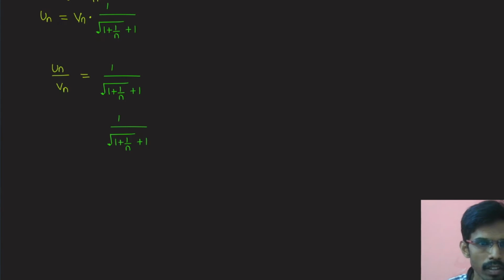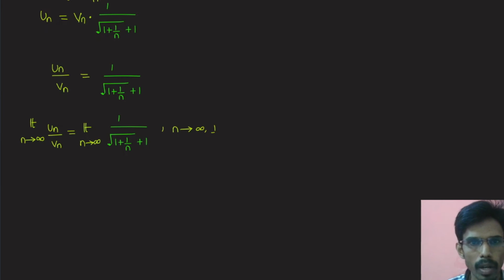Then we have limit n tends to infinity of un upon Vn, which is equal to limit n tends to infinity. Now we know n tends to infinity means 1 by n tends to 0. So here this will become 1 by root over 1 plus 1 by n, whose value is 0, plus 1. We have 1 by 1 plus 1, that is 1 by 2, a finite